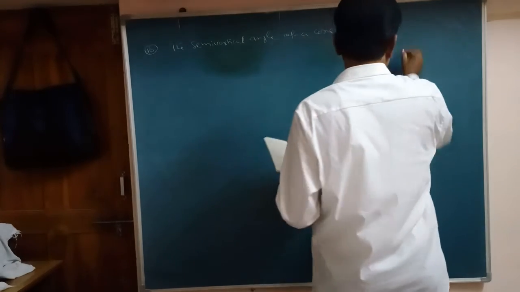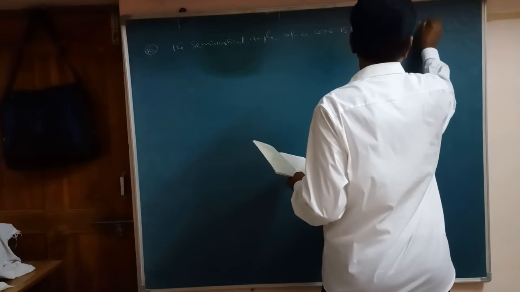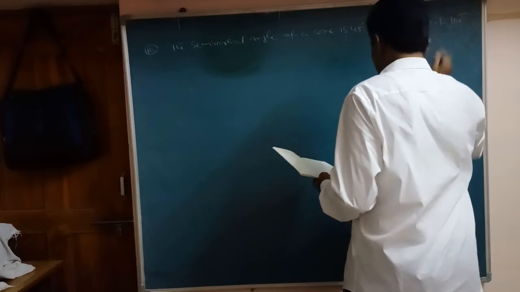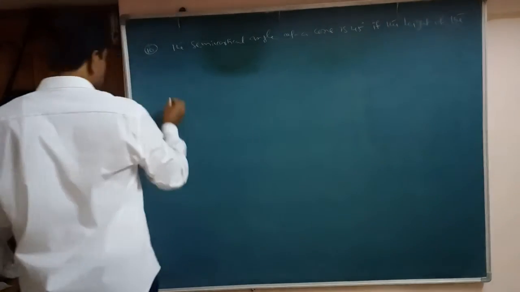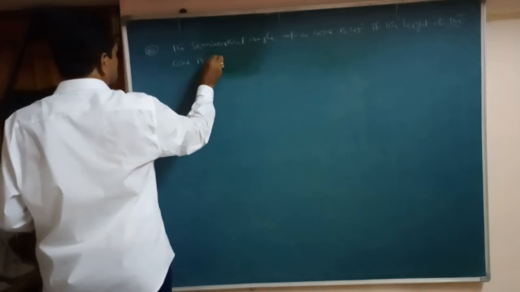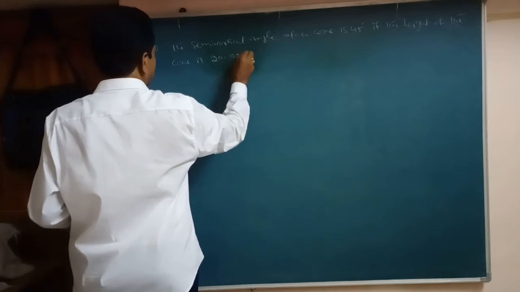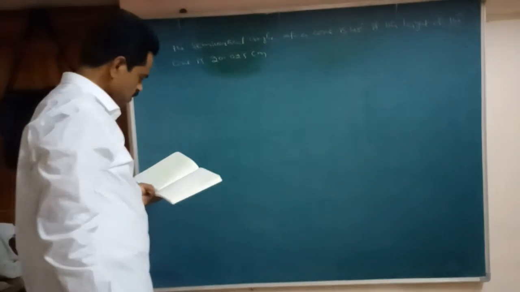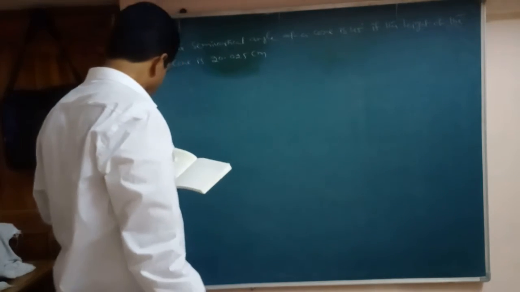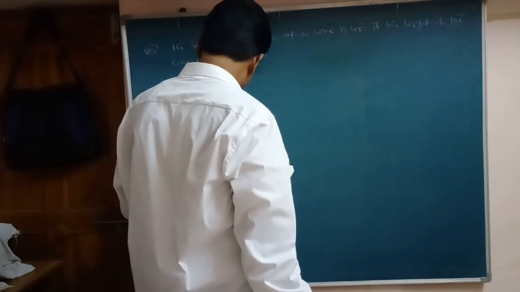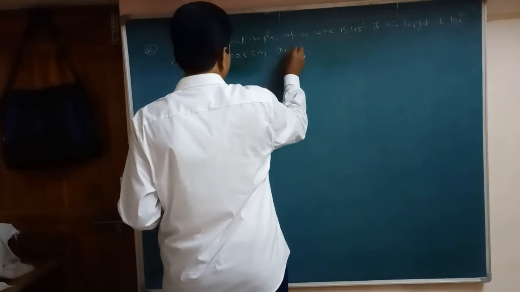If the height of the cone is 20.025 centimeters, then the approximate value of its lateral surface area